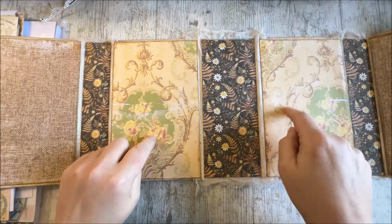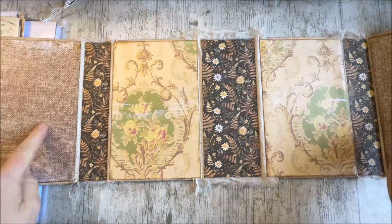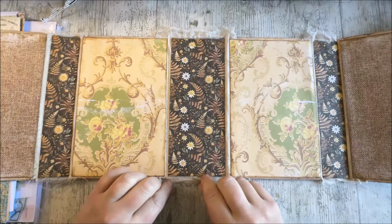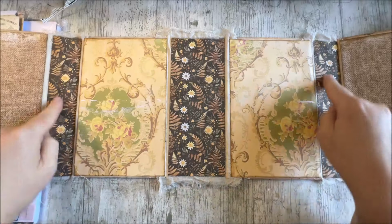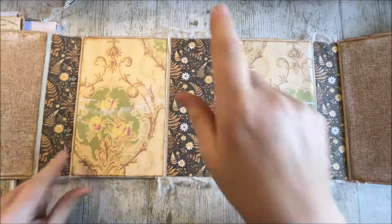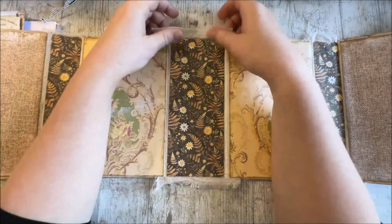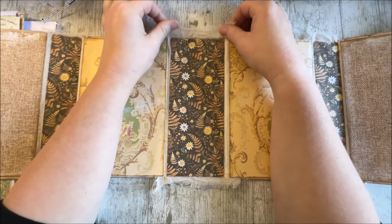This one is from the Forest Threads kit. This one is from the Woodland Wandering, and this one is the backgrounds from the Woodland Wanderings. I wanted to cover the spines, so I reinforced them again with a bit of card. I put a bit of green card underneath. Then I've attached just some old scrappy bits of cheesecloth, which I actually found in an old flea market a